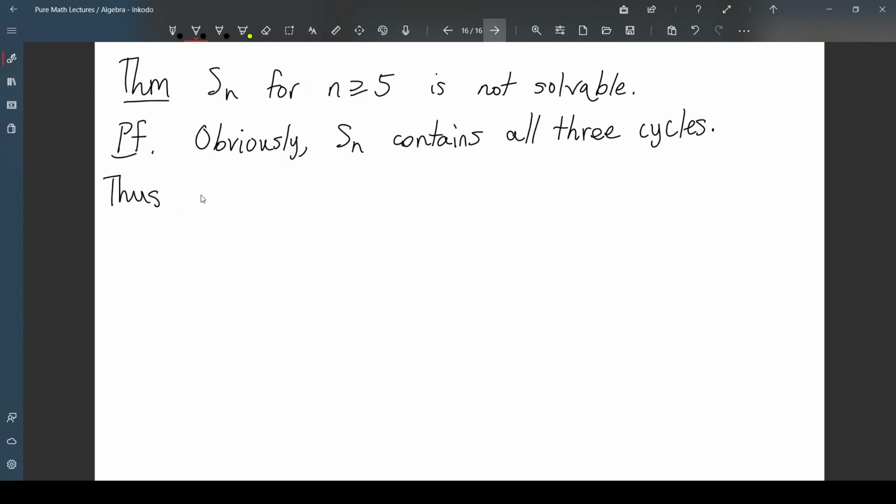Thus, by induction on the previous lemma,